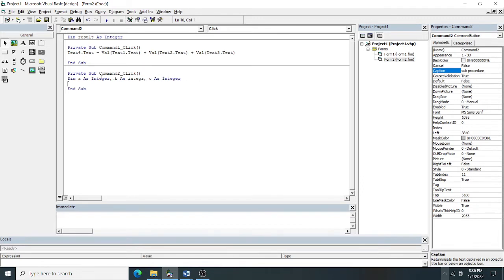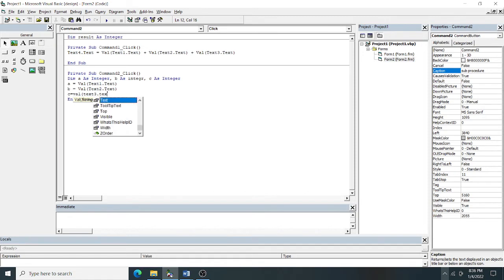So I have declared 3 variables. Then a equal to Val of text1.text, b equal to Val of text2.text. The Val function converts the text box value to numeric form. And c equal to Val of text box 3.